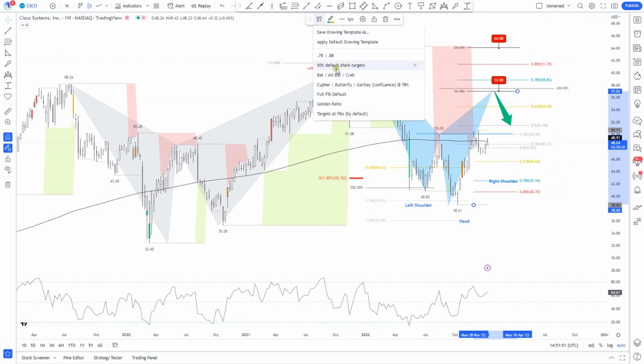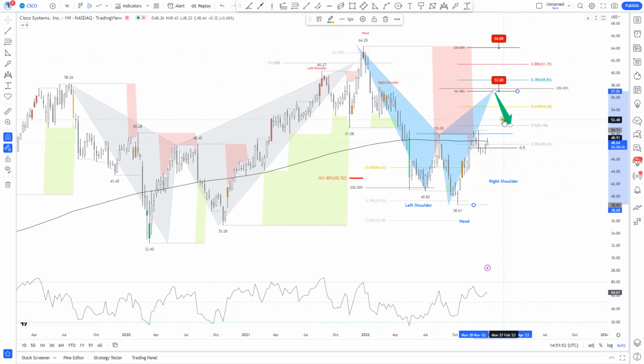So if that pattern completes, we will target the 50% Fib, which means we will target the current price zone again. And it may converge with a revisit to the 200 moving average, it may suggest. Of course, that will depend on how much time the price will need to complete the pattern.